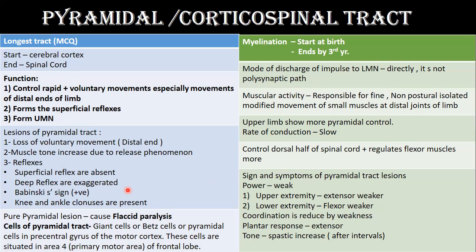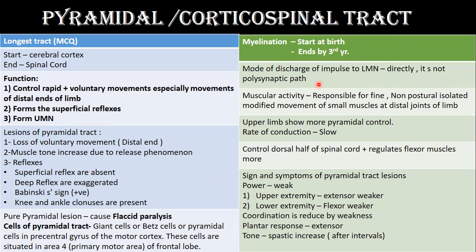So just go through it very thoroughly, the complete slide. Then the myelination of it starts at birth and at the third year. Regarding the discharge of impulse, if you see the neuromuscular junction, you come to know what the impulses are and how they are discharged. The discharge is not direct, so it is not polysynaptic. If you see our reflex video, you come to know what a polysynaptic pathway is, that it has how much